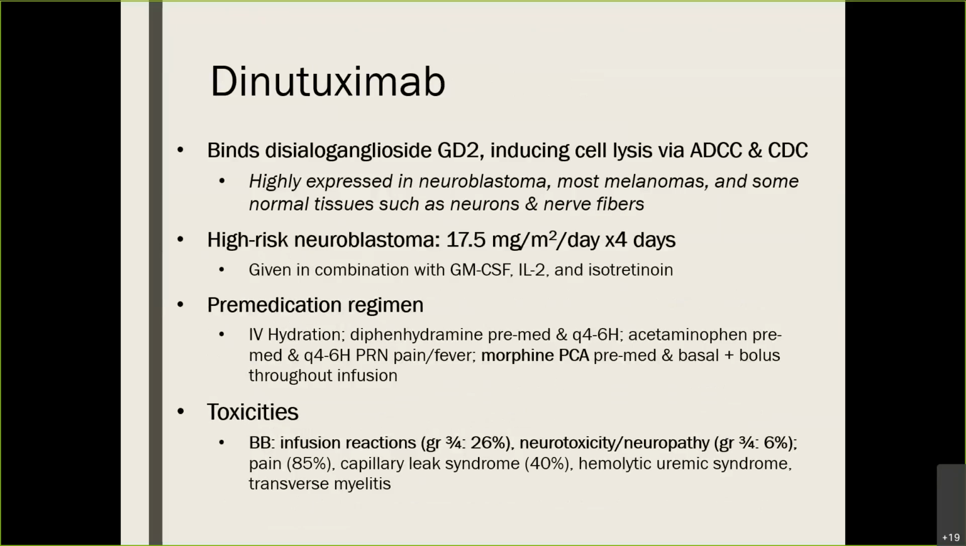Dinutuximab, probably the most interesting of all my monoclonal antibodies, binds to GD2, inducing cell lysis via antibody-dependent cytotoxicity. This GD2 is highly expressed in neuroblastoma and most melanomas, but unfortunately it's also expressed in a lot of normal tissues such as neurons and nerve fibers. It's used in peds for high-risk neuroblastoma, and the dosing's there, and it's given in combination with sargramostim, IL-2, and isotretinoin. Requires significant pre-medications as well as